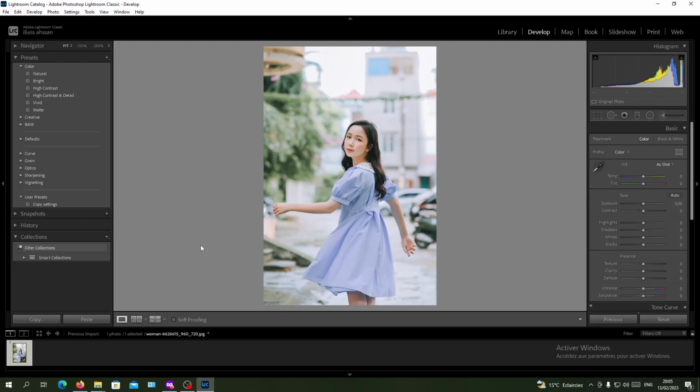Hello guys and welcome to another tutorial, and today I'm going to show you how to blur your backgrounds in Adobe Lightroom. So now open your Lightroom and import your picture that you want to blur its background and follow